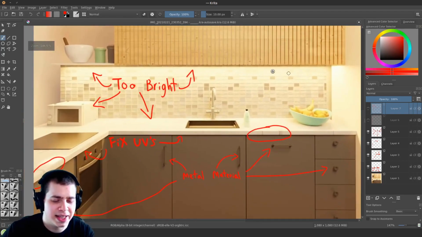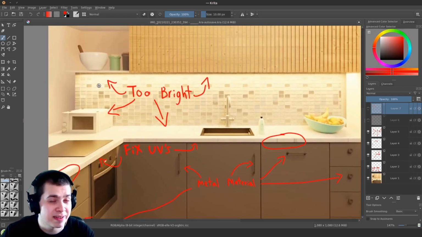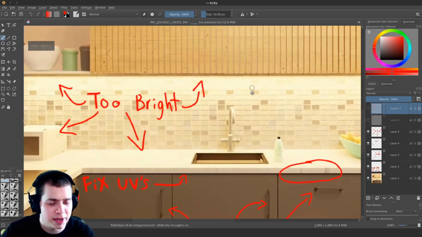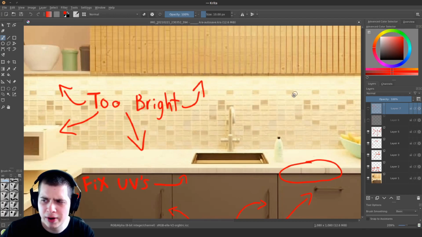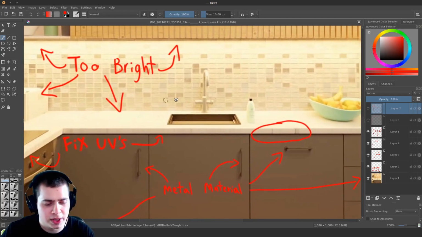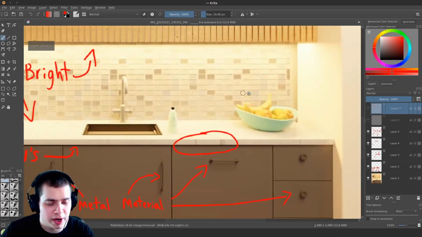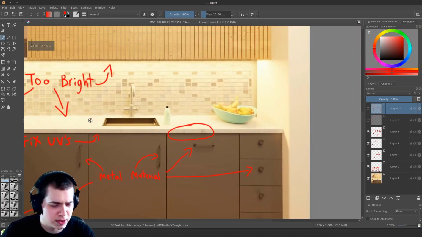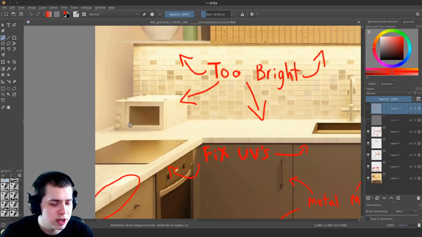Now, I really like the light up here that you added. That's really cool, but I feel like it's probably a little bit too bright because everything is really blown out here. The texture is really blown out. Also, the table right here, the countertop is super, super bright, and it is pretty bright on the fruit and stuff. And then this microwave here, I would change this to more of a gray, shiny metal material.